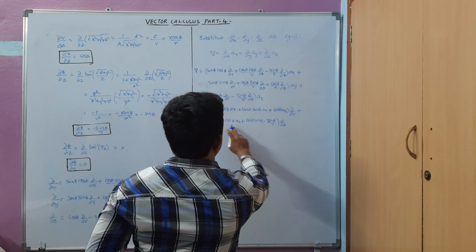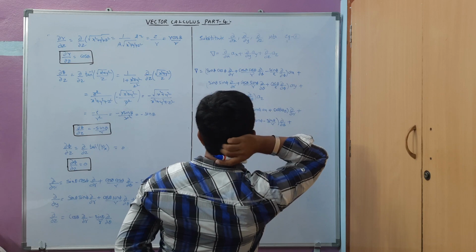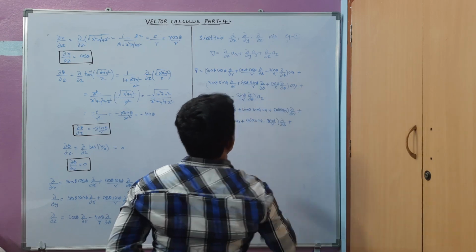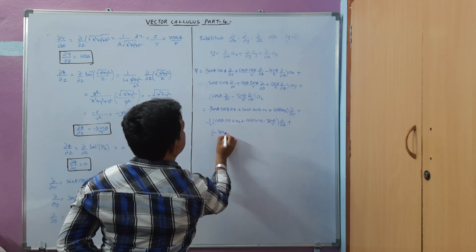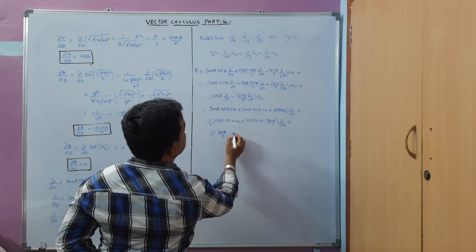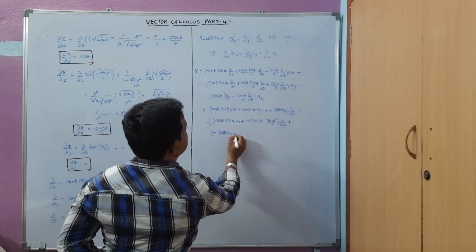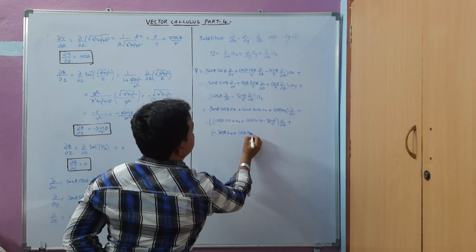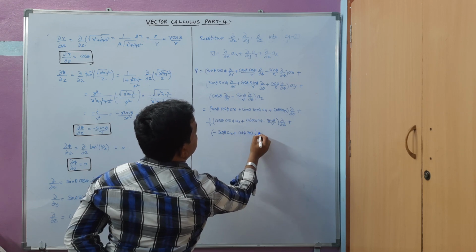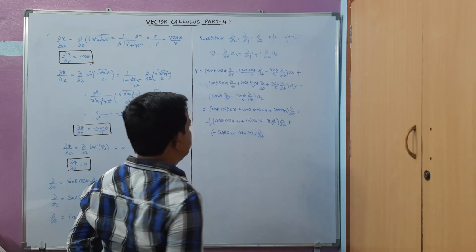Now this one we have completed. Next finally we have to take with respect to dou by dou phi. So dou by dou phi is minus sin phi by rho, we will take outside, Ax plus cos phi Ay, into 1 by rho into dou by dou phi. So we have completed all the terms here.